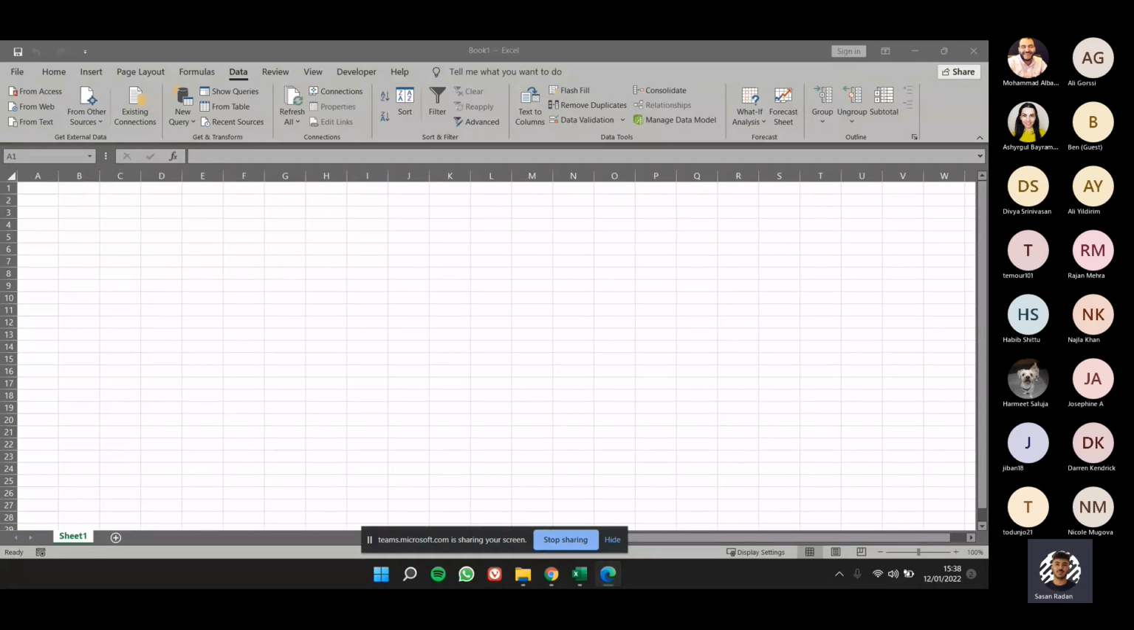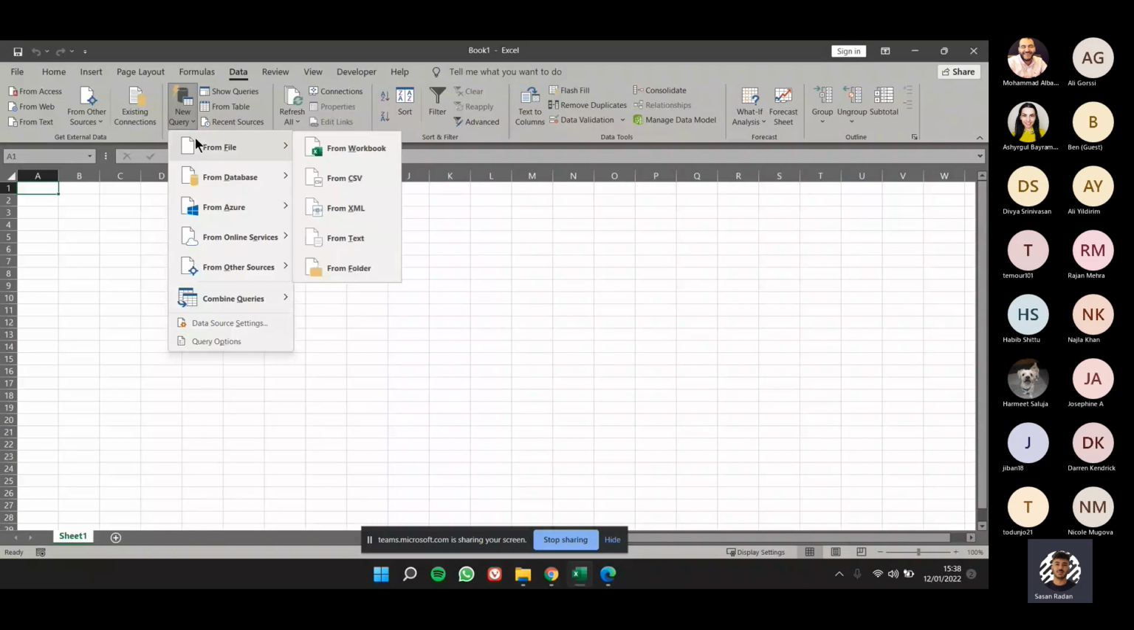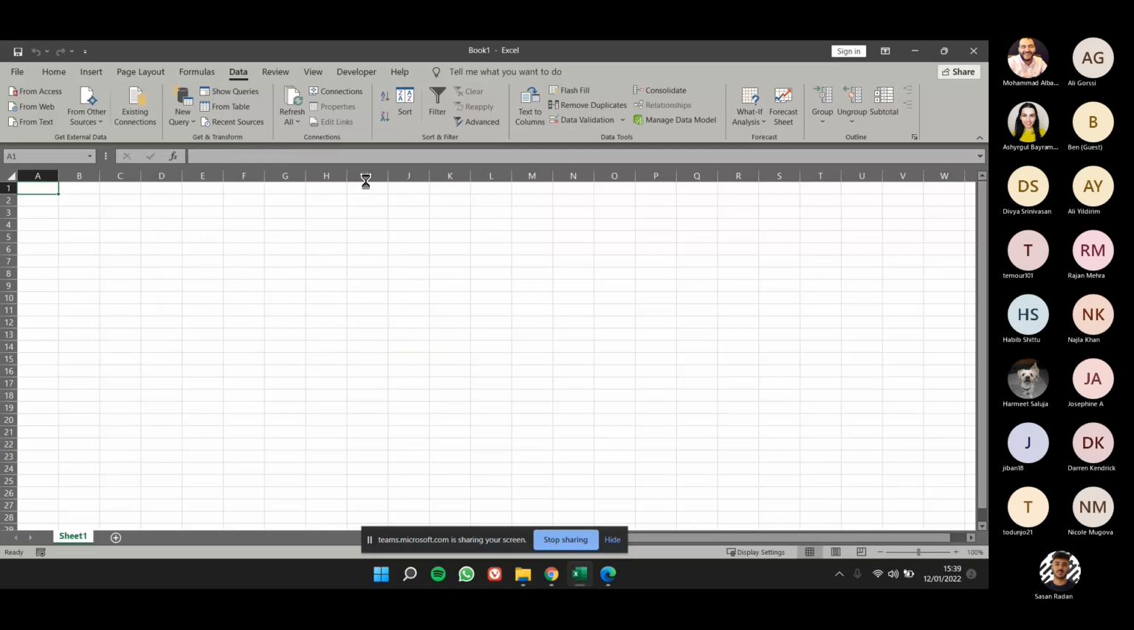CSV stands for comma separated values. The first thing we're going to do is go into the Data tab here. In the Get and Transform command group, we're going to click where it says New Query. From these options, we're going to select From File. Once you click on that, you'll get presented with more options. Here are the types of files that we can import. In our case, we want to import a CSV file. So if we simply click on that,